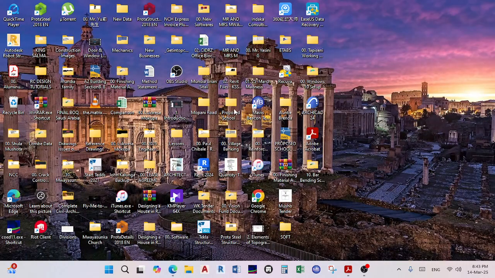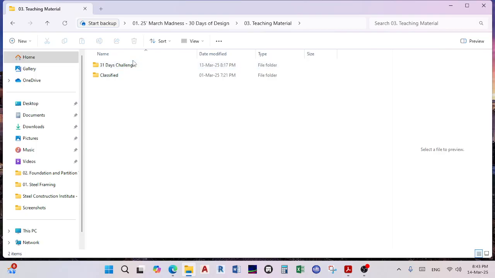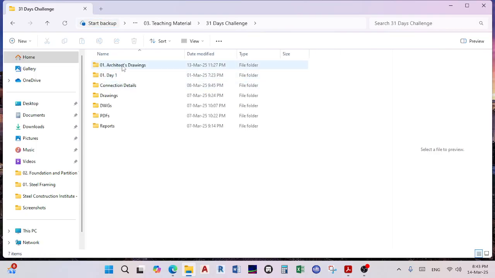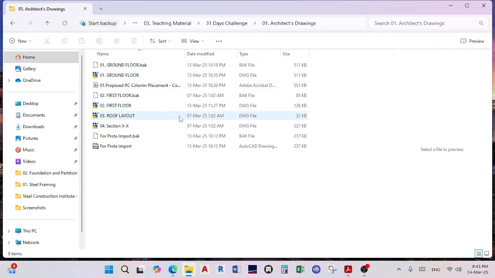So what I'm going to do is open my folder containing all the material. Here we created a new folder yesterday. It's called the architect drawings, where I showed some of the architectural floor plans: the ground floor, first floor, roof, and one section. Unfortunately, for this set of drawings, we do not have elevations